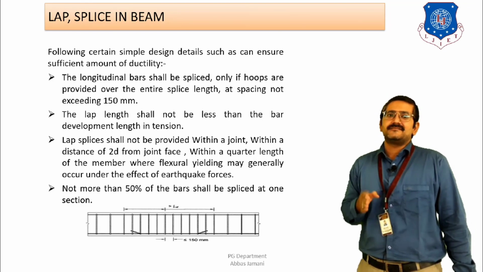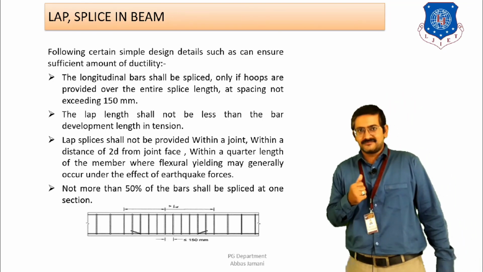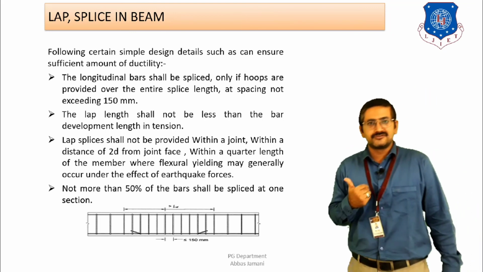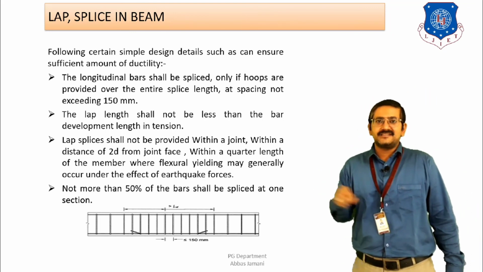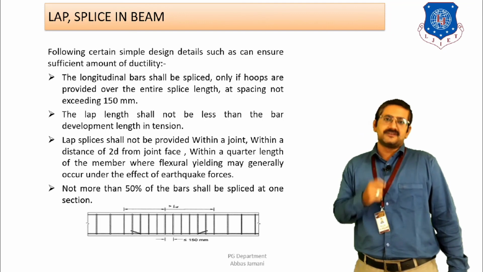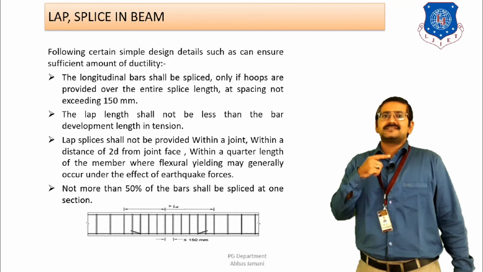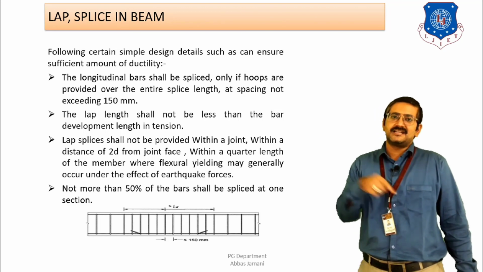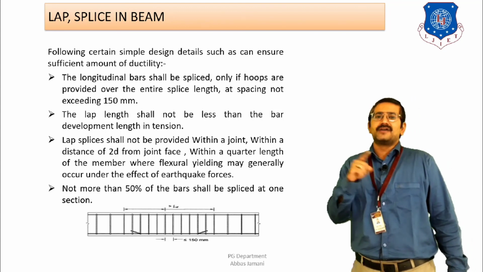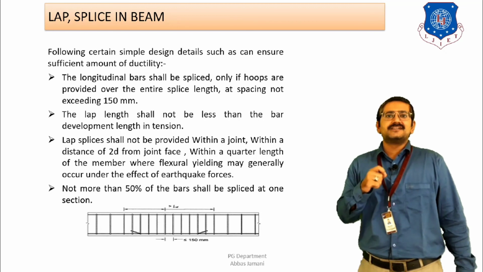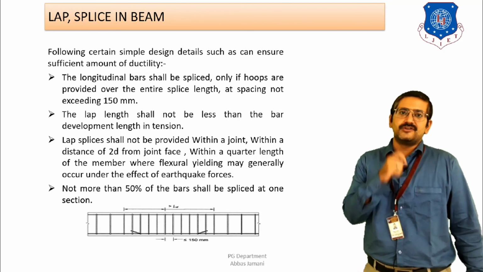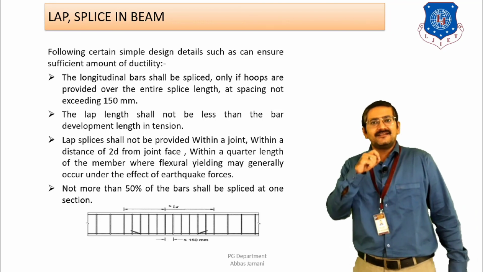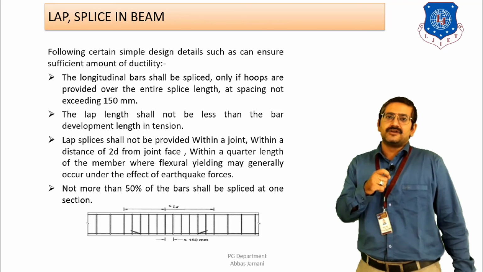Why is this done? Because if you study the moment diagram, in case of continuous beams or fixed beams, the tension reinforcement is going to be maximum near the supports, right? And when tension reinforcement is going to be maximum near the supports, the tension and compression force is going to be more if you calculate it from the lever arm. So as a result, the steel requirement is going to be on the higher side. If you provide lap at that particular junction, then the strength of that junction is getting reduced.